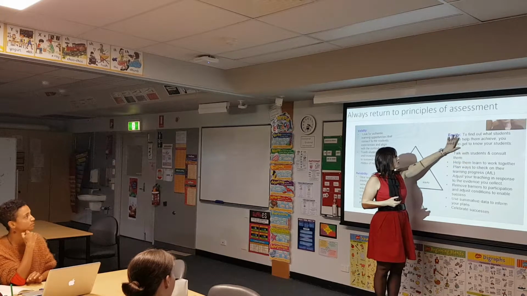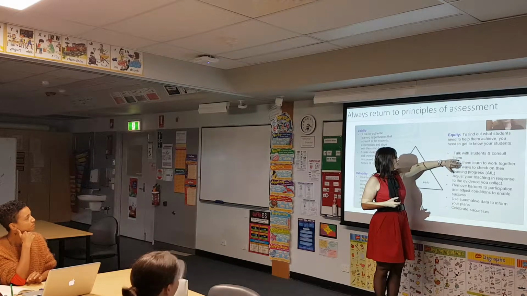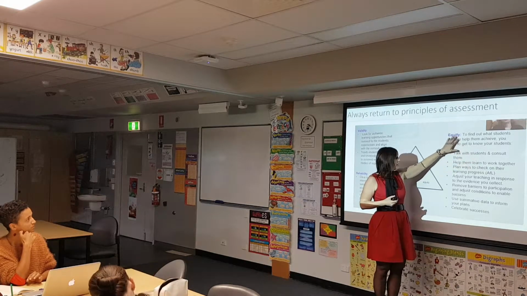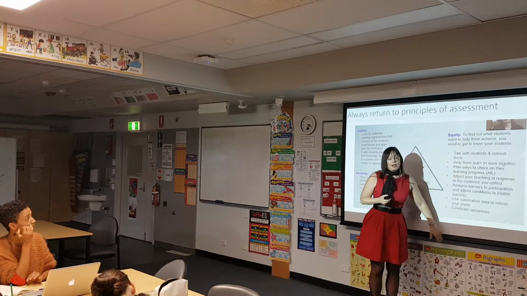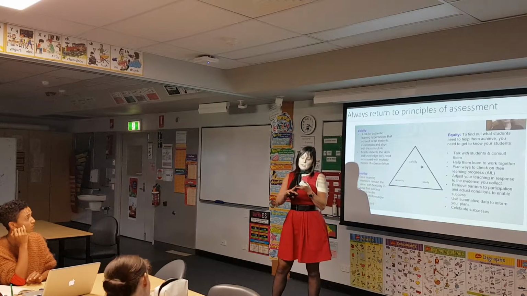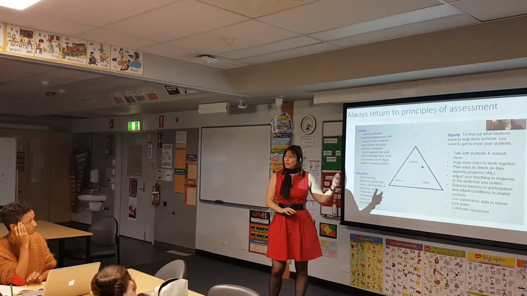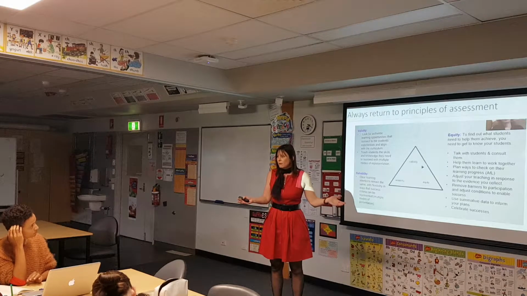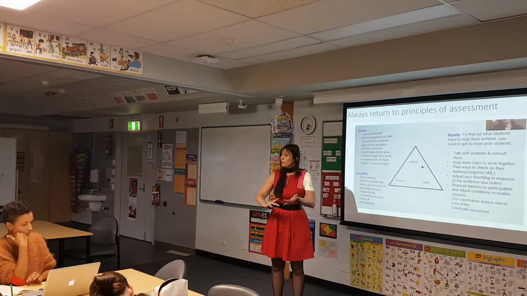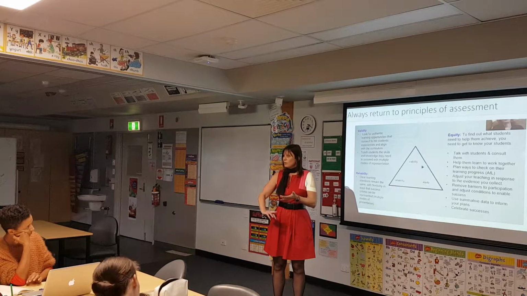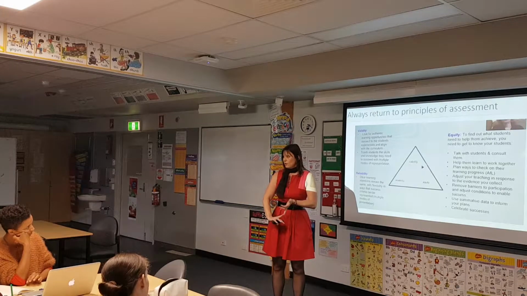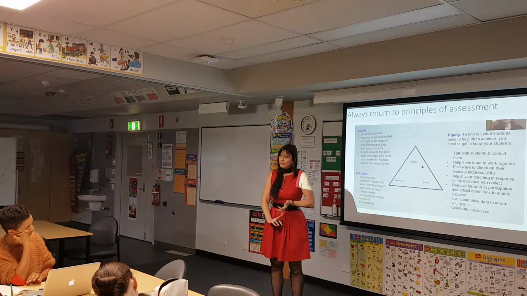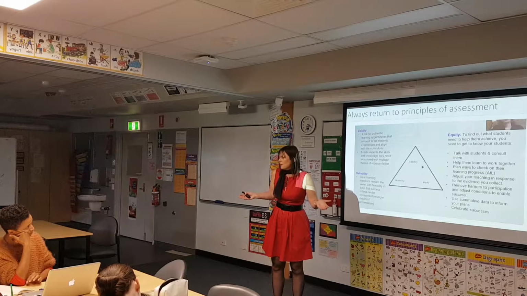Equity, to find out what students need to help them achieve, you need to get to know your students. We're talking about assessment specifically here. But as we have talked about in the past, think about the accessibility of your language. For something to be equitable, everyone must be able to understand it. That's a simple premise. So in our classroom, we've got some Year 8 level proficiency students, some Year 10 level proficiency students. So the Year 10 level students aren't going to have any problems understanding your task, assuming it's written properly,